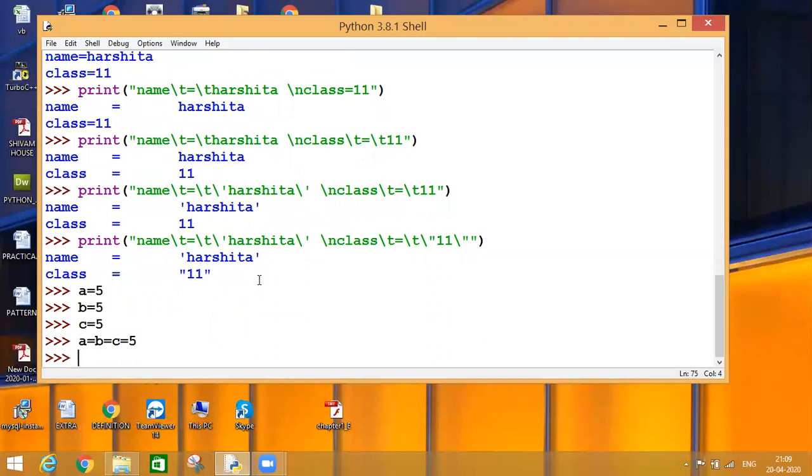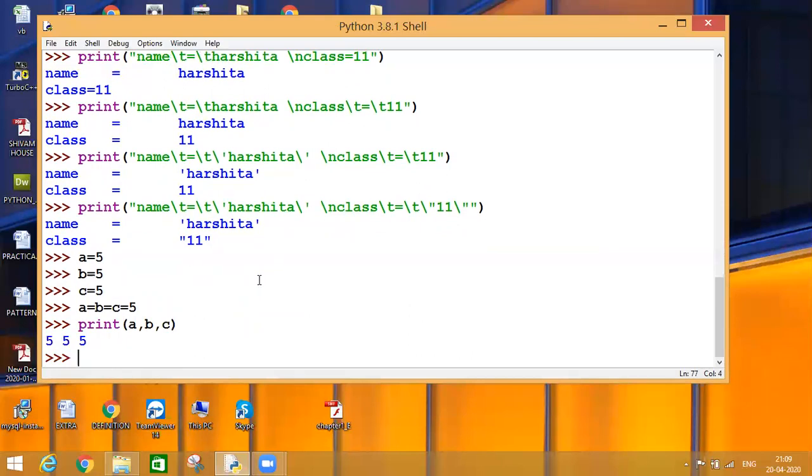Because the value 5 is going to be stored into C, C is stored into B, and B is stored into A. So finally, the value 5 is assigned to all three variables one at a time. And if I pass one print statement over here, A, comma, B, comma, C, then it will show me the result in this way. All three variables are holding the same value.